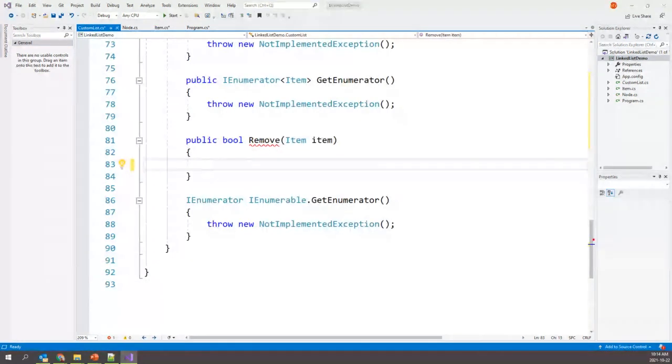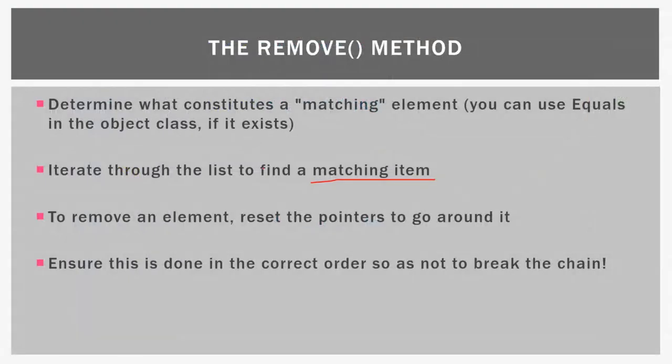So we need to iterate through our list looking for an item that matches. And when we want to remove an element, we have to reset the pointers to go around it. And we have to make sure we do it in the right order so that we don't break the chain. So if we have a list like this,